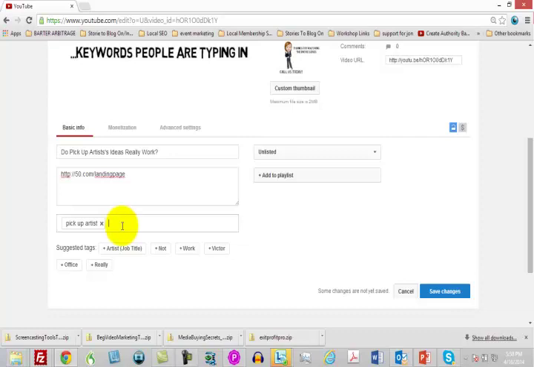Right? So you want to put the maximum amount of tags inside of your video. Okay, now those are the three most important areas that you are going to be optimizing. Now, another thing that you're going to want to do here in some cases is you can actually add